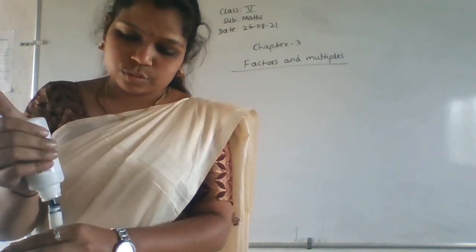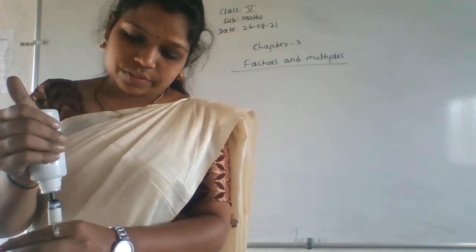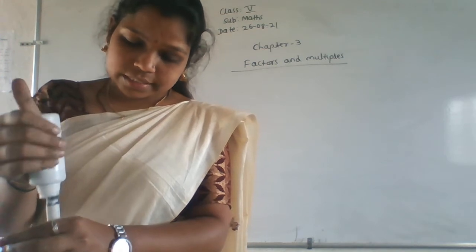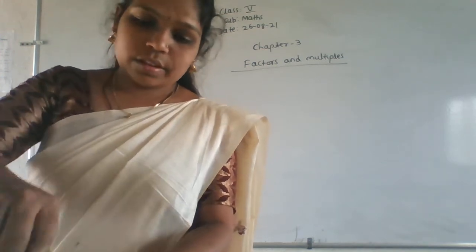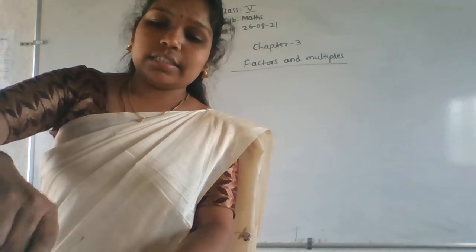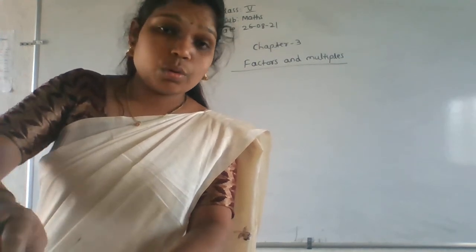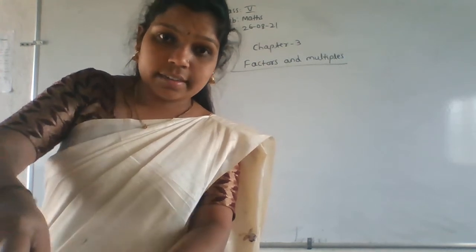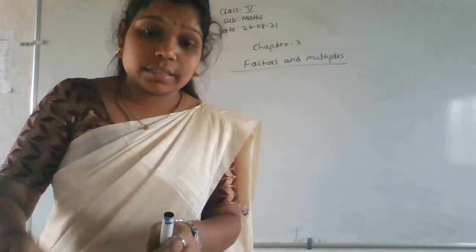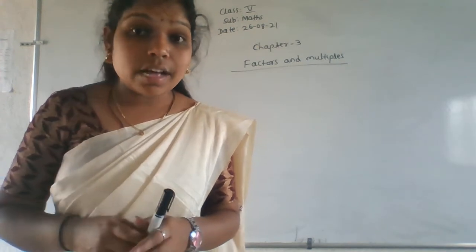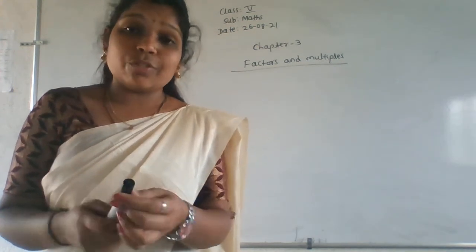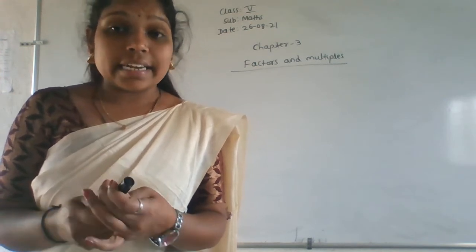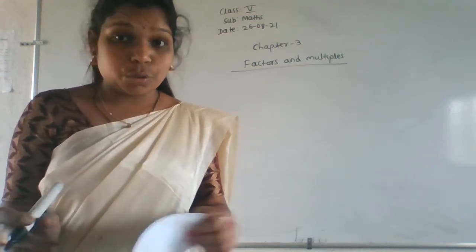How to find factors you know already, okay? So we directly go to the divisibility test rules. So what are the divisibility test rules, we'll discuss now, okay? First one is, how will we check if it is divisible by 2? Already we learnt in the 4th standard. If the ones place value is an even number, then we can say that it is divisible by 2, okay?